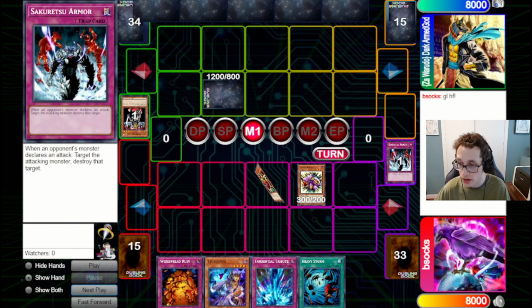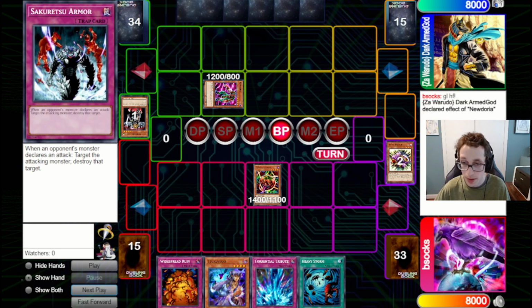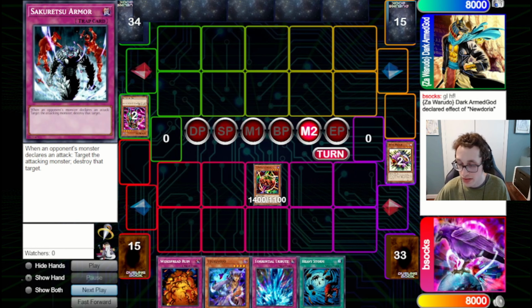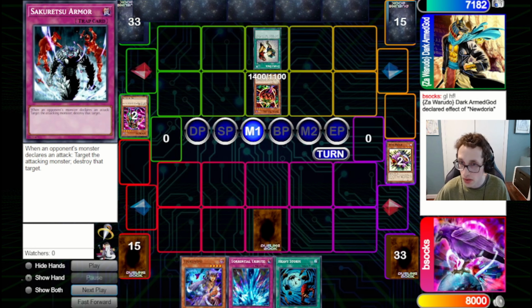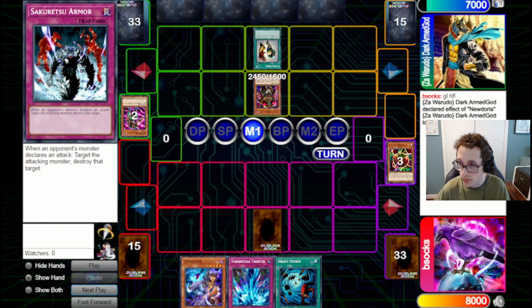We can just bring out a Reaper here, flip up the tomato, attack in to the set monster. It is a new Doria. They're going to pop the Reaper. That's a bit unfortunate for us, but at least they didn't pop our tomato. We're going to set a widespread here, pass back to them. They're going to go for a snatch on our tomato here, and then they're going to bring out a Hades